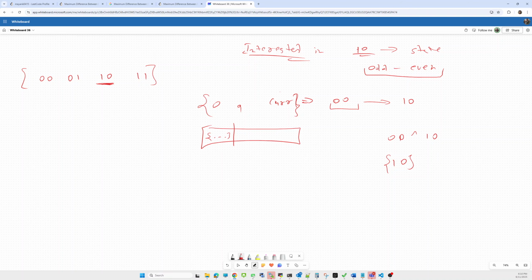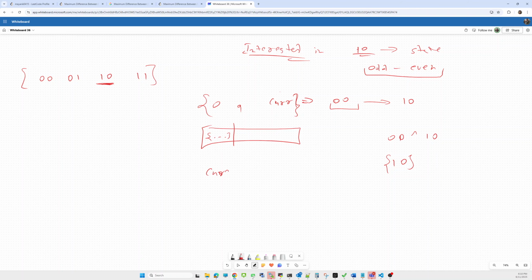If in the previous I get any substring which is equivalent to the 10 state, meaning in the substring the frequency of character A is odd and the frequency of character B is even, and the difference is minimum, then I will consider that state.